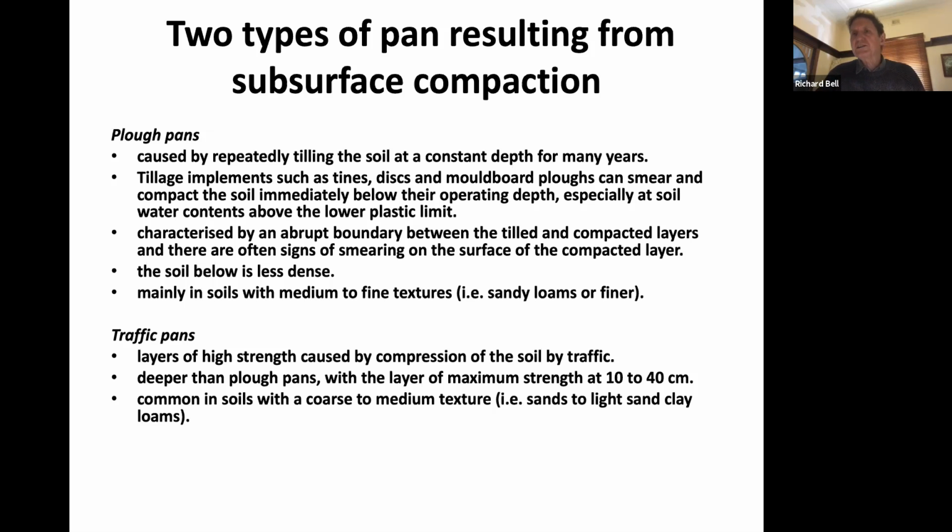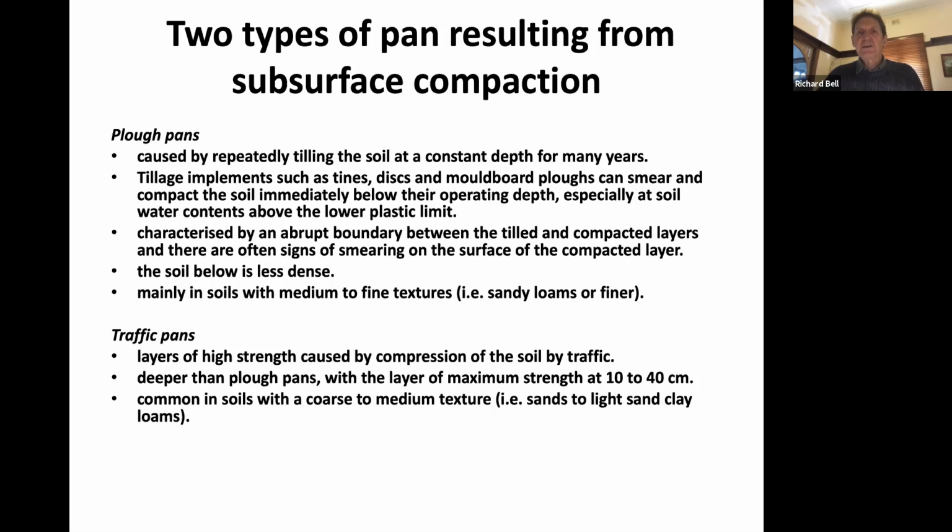this quite dense layer. Often there's quite distinct boundaries between the upper and lower part of that smeared layer, so that when you look at the profile, you can often see that as quite a distinct layer. Now that would have been very, very common in our wheat belt 30 years ago, when everyone was ploughing 2 or 3 times a year to establish crops